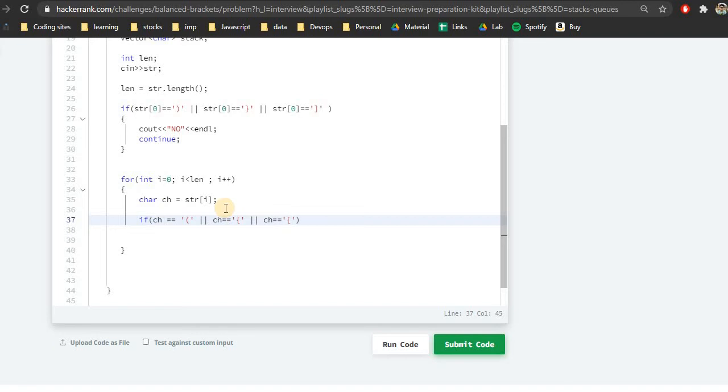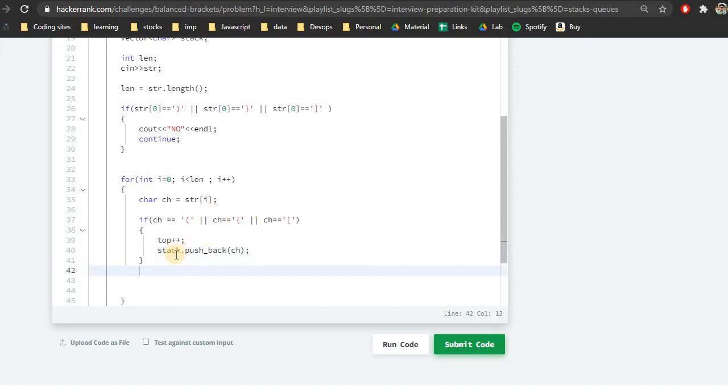So if my character is one of these, what I want to do is simply add that particular value into my stack, and this can be done by incrementing the top and using the vector's basic function, that is pop, right? Not pop, it is push_back. Or you can add a custom function of pop, push, pick, which we saw in the last video. So this will be basic addition.